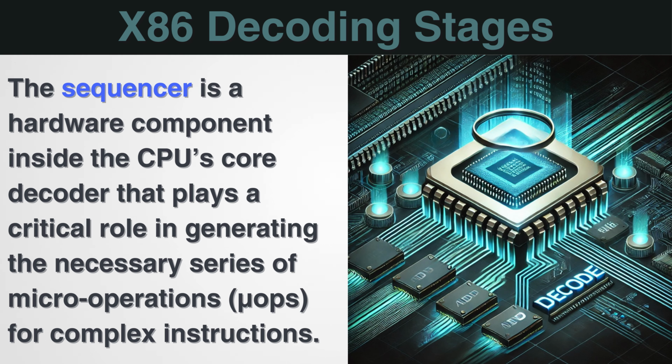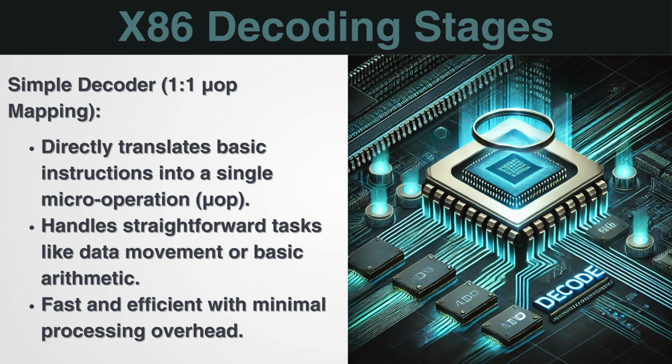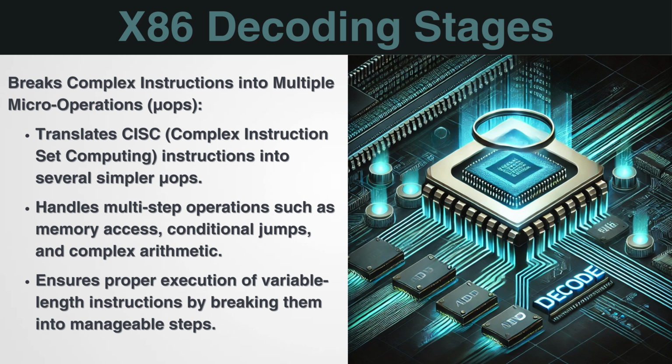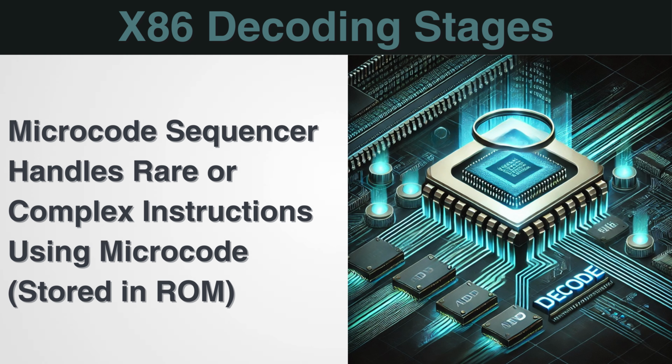Complex instructions like this rely on the microcode sequencer to generate the necessary series of micro-ops. So in stage 3 of instruction decoding, the decoder types might be the simple decoder handling one-to-one instruction to micro-op mapping, or the complex decoder breaking CISC instructions into multiple micro-ops, or the microcode sequencer